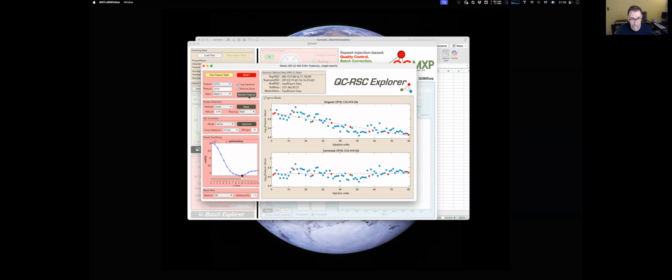What I usually do before investigating any further is just ignore the blank so you can see the data a little bit better. And what you can see here is you can look at any of those metabolites and see how the algorithm has corrected. You can just randomly click on them to see. And then if we just go down the left-hand side, first thing we have is some outlier detection, and I'll talk about that in a second,